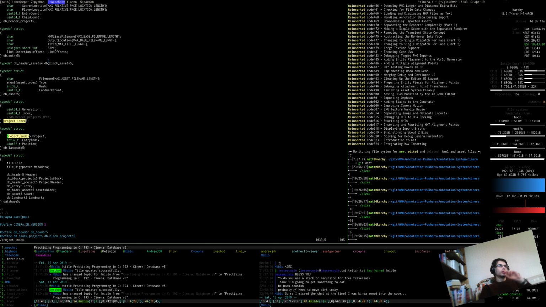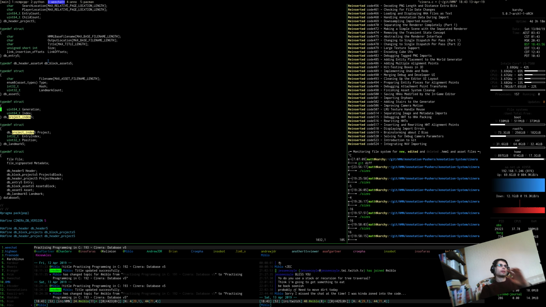Yeah, we want to store this in the database. I suppose what I'll do is go to DB product index 5 that thing. I think that's going to be enough. And then what I think I might do is introduce a typedef that's like